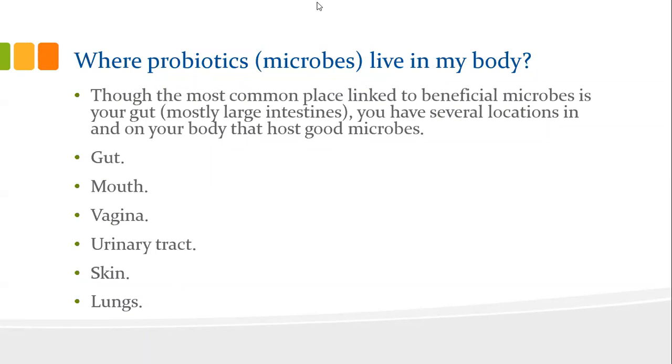Your skin also, that's why we tell you don't use chemicals, because your skin is supposed to feed the microbes. That's why we tell a lot of people to go play in the mud, because mud has healthy bacteria. When kids play in the mud, they can be healthy, because from the skin it gets into the body. And even for lungs, when you go to a good forest and get away from chemical smokes, your lungs also improve.